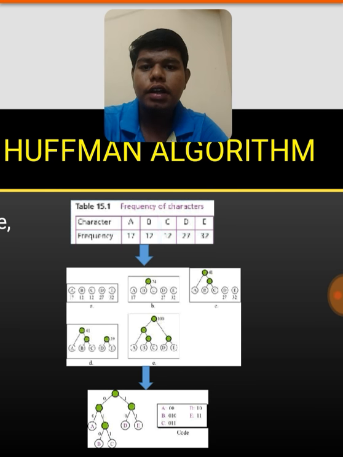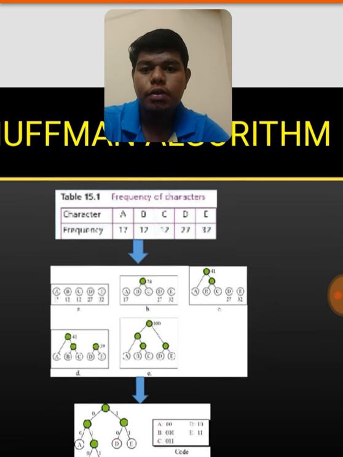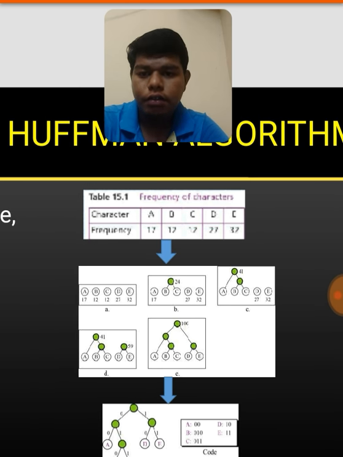And then we are seeing again which number is repeating. Then D and E are repeating. The frequency number of D and E is 27. 27 plus 27 gives 54. And then we are adding the 54, that is a main leaf, and then we are getting another main leaf. And then what we are doing is